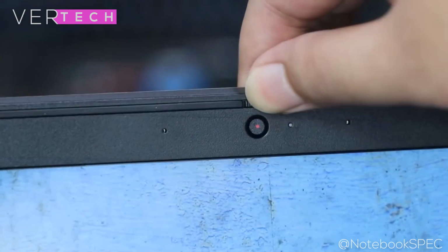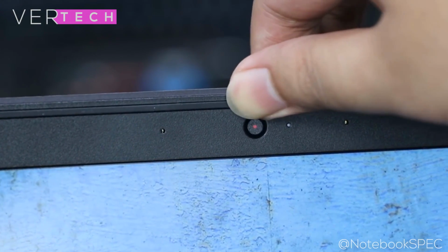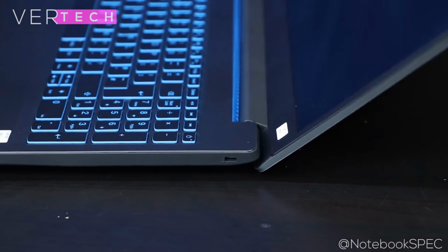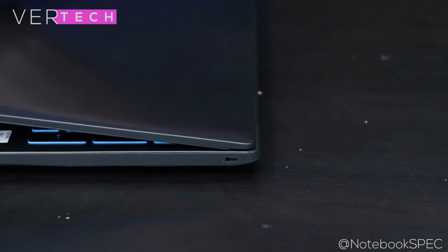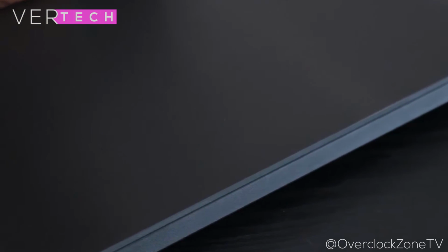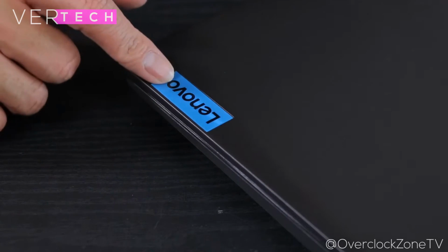Like all my other laptop reviews, here as well I'll be checking out the laptop in these main components, including build quality and design, port selection and input, keyboard and trackpad, sound, display, performance, thermals and battery life. So without wasting any more time, let's get right into the first category, which is the build quality and